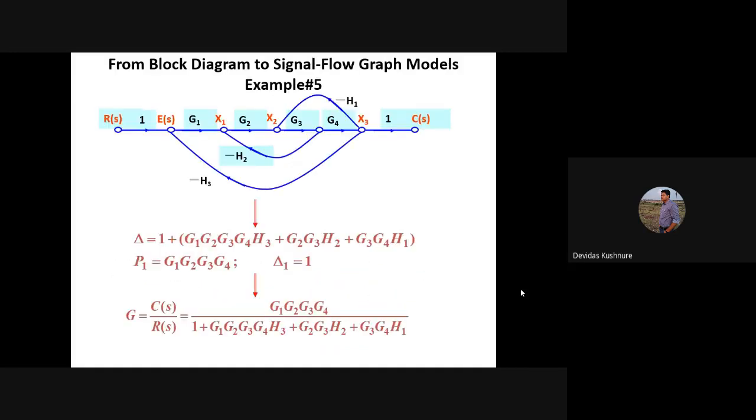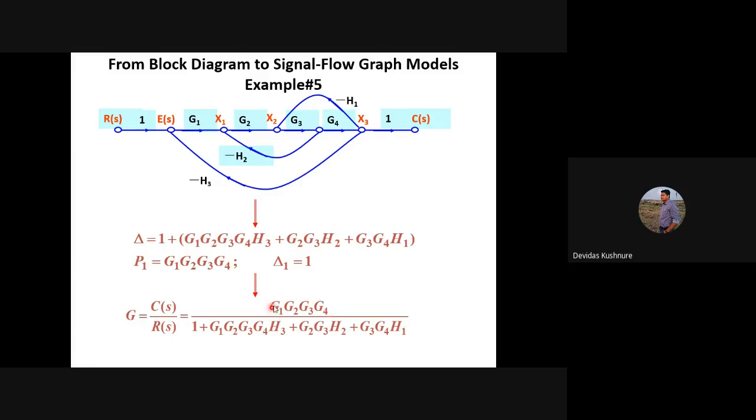I will show you a previous example. See, this is a simple example. If you know this answer in the options, you can see there is 1 minus this part, so we can rearrange this and take the sign. So this is going to be g1, g2, g3, g4, this is positive, that means 1 minus, so minus minus terms are going to be positive. So we can say that this is one loop, this is the second loop, this is the third loop. We do not have 2 non-touching loops, because none of the parts has a combination, right? So we have no non-touching loop.